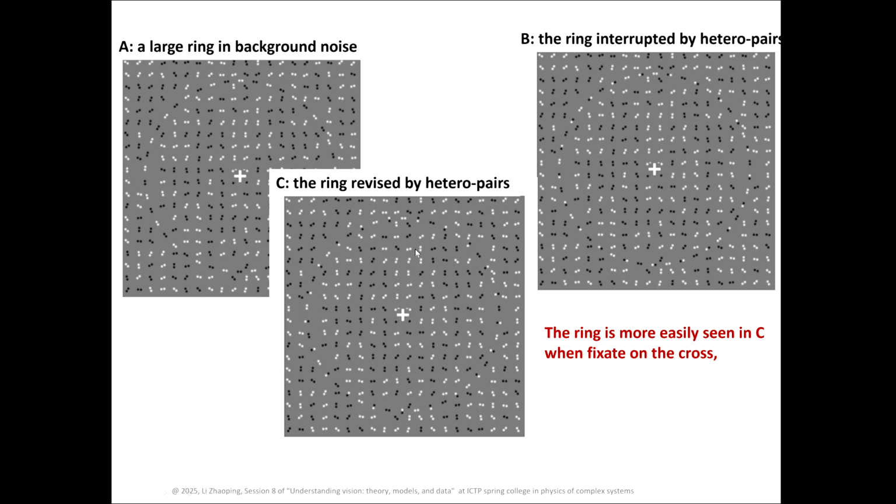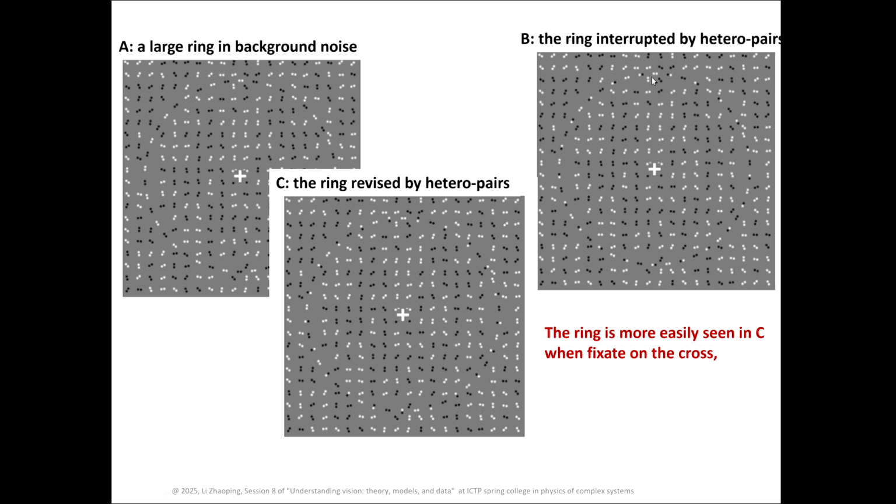However, now move your gaze to this. Now it's in your central visual field. Then you don't feel it's a very good ring. But you move your gaze there, oh, that's a very good ring here. Because now it's in your central visual field.